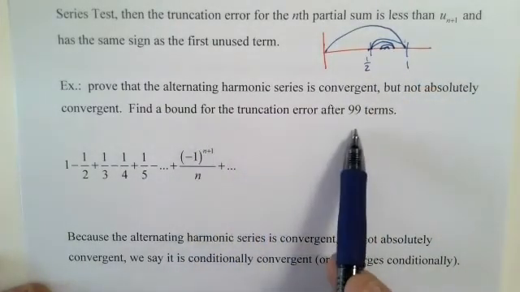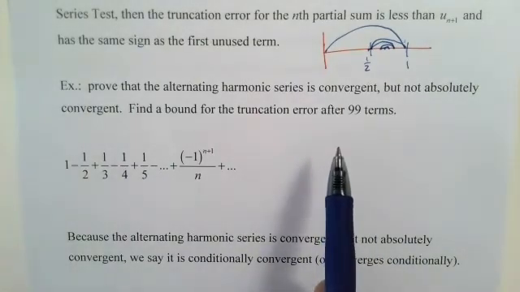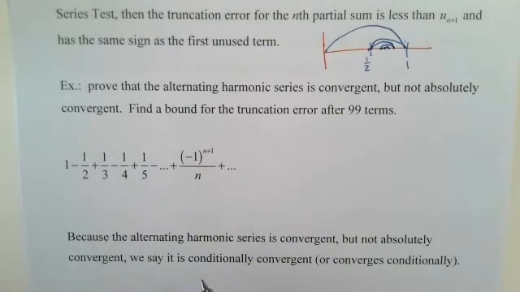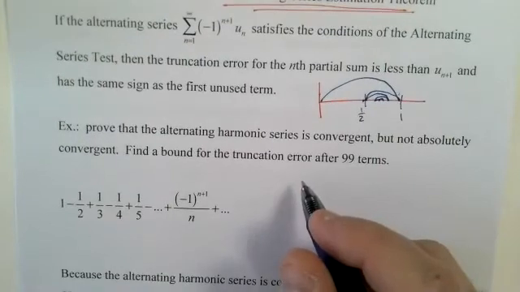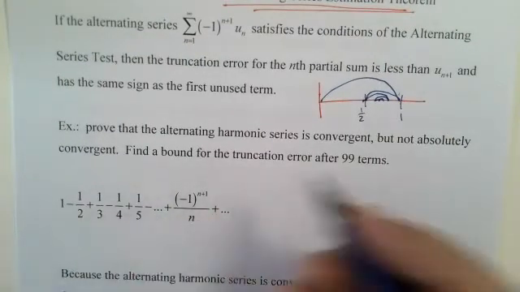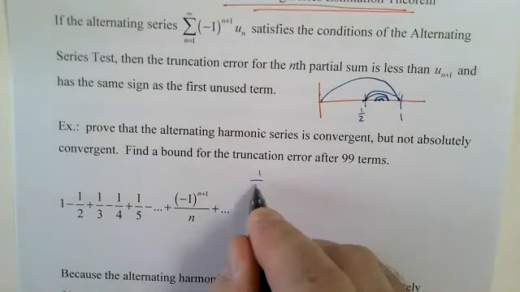Find a bound for the truncation error for 99 terms. We just use the 100th term. All right, well, let's just make sure we're happy with this. It would just be u of 100, assuming this is a bunch of u terms. Well, for example, 1 over n,